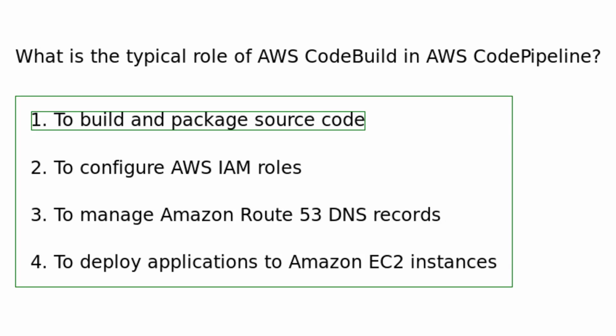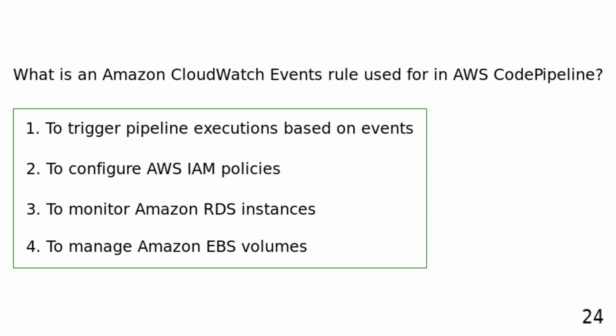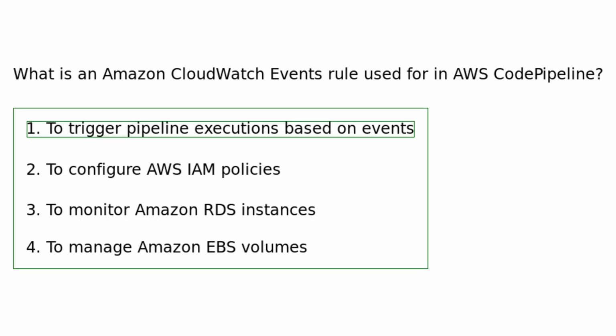pipeline stages. What is an Amazon CloudWatch events rule used for in AWS CodePipeline? To trigger pipeline executions based on events. To configure AWS IAM policies. To monitor Amazon RDS instances. To manage Amazon EBS volumes. An Amazon CloudWatch events rule in AWS CodePipeline is used to trigger pipeline executions automatically based on events within AWS